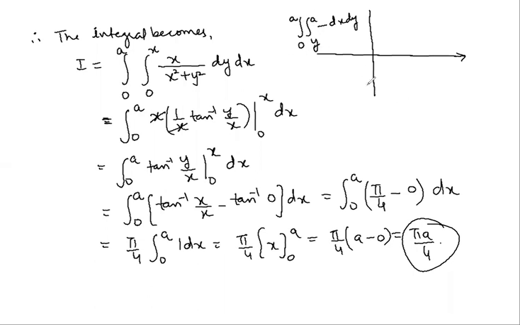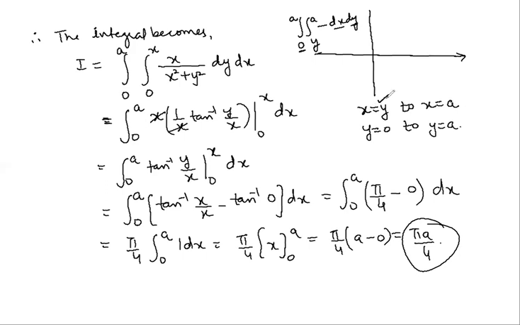सबसे पहले हमने लिमिट्स को लिखना है. x is equal to, देखो x की लिमिट है ना, लोअर लिमिट क्या है, x is equal to y to x equals to a. Then outer limit stands for y. So y is varying from 0 to y is equal to a. ठीक है, this is simple. If you will draw all these 4 curves, वो भी एक बड़ा easy method है. ये 4 curves हो गई हैं.